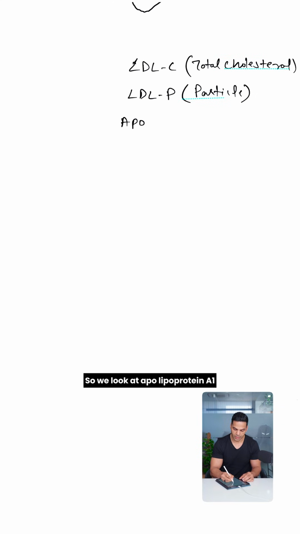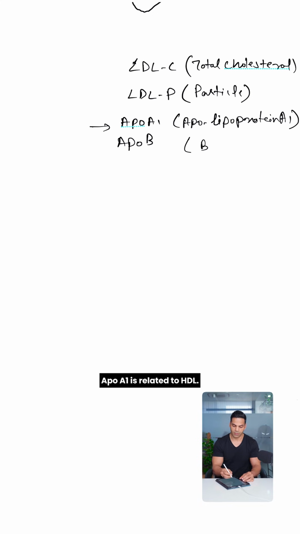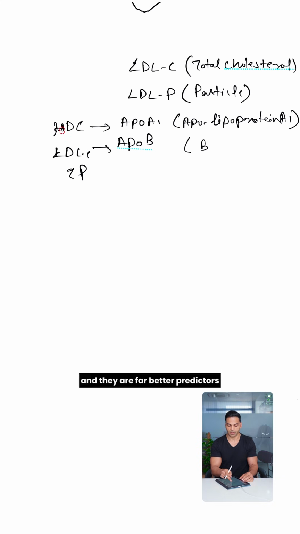So we look at apolipoprotein A1, and then you have ApoB, which is apolipoprotein B. This is A1, and this is B. ApoA1 is related to HDL. So higher amounts of apolipoprotein A1 means higher amounts of HDL, and is a far better indicator of cardiovascular risk. In a similar manner, this is for LDL-C as well as LDL-P, right? So these are blood markers that you would see in your report, and they are far better predictors of your